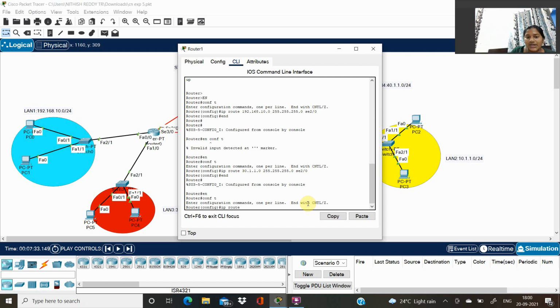Then we have to give the network address of our LAN 2, which is 10.1.1.0, and the subnet mask as 255.255.255.0, and which is connected to serial 3.